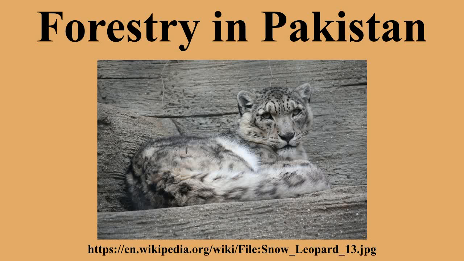The irrigated plantations were first developed in 1866 at Changa Manga in Lahore. Today they occupy about 226,000 hectares. Shisham, mulberry, shahtoot, babul and species of eucalyptus and populus are the common tree species grown in the irrigated plantations. The riparian forests grow in narrow belts along the banks of River Indus and its tributaries.